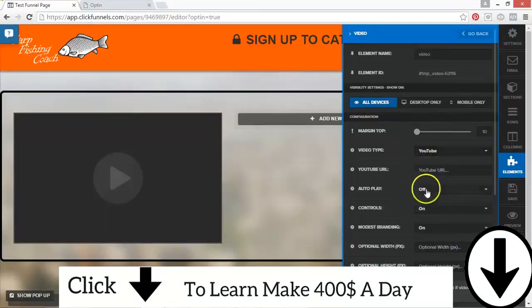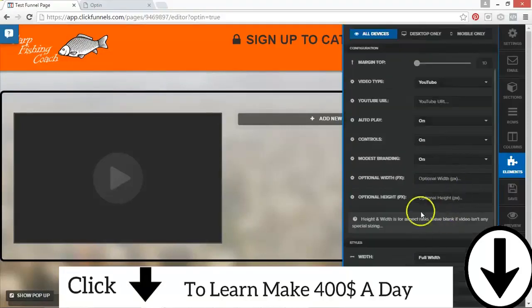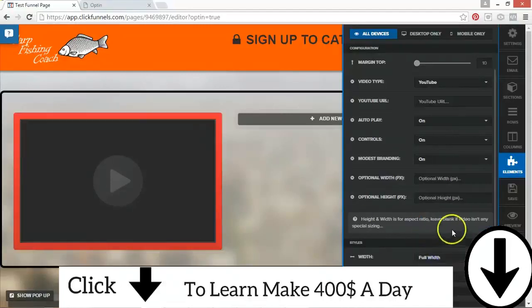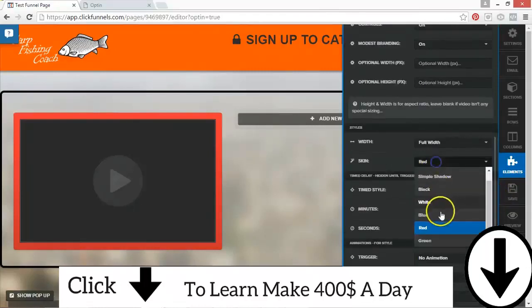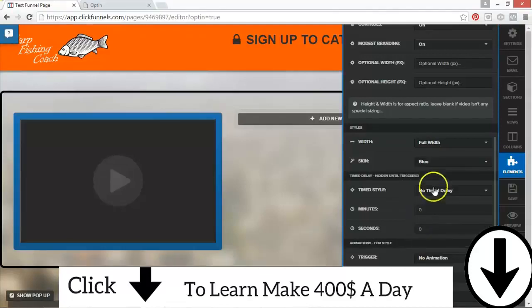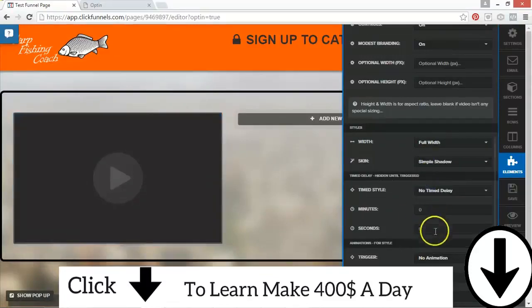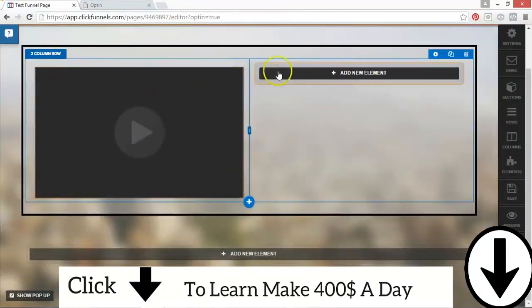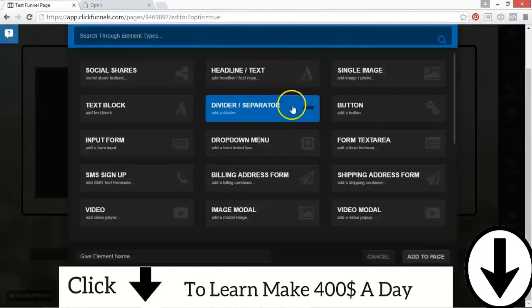YouTube's the most common, and then you can choose to autoplay, and you can choose to have width and size and different things, white skin or black skin or red skin, doesn't matter what colour the skin. You've got to choose what's best for you and for your job at the time. So in this case I'm going to go for the simple shadow. You can choose whether that pops up after a few minutes or seconds and whether it's triggered. But how simple is that, just to be able to click an element, drop that in, and then say, right, well, we've put a video in, we've got that on YouTube, we've dropped the URL,